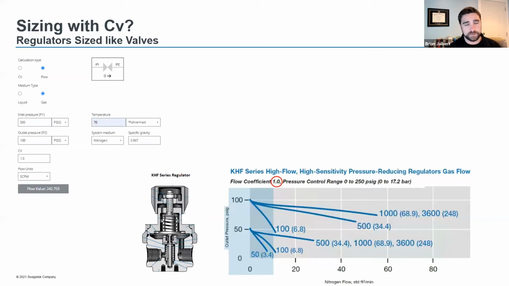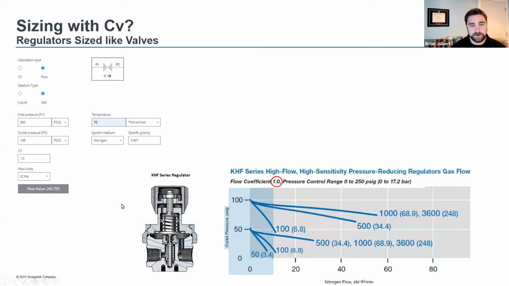But I'm going to show you what happens a lot of times: someone tries to use it to size a regulator. We're going to run through a little example where we've got a 500 PSI inlet pressure, a 100 PSI set pressure, at 70 degrees, nitrogen, just to keep things simple. And we're going to use a KHF series regulator, which has a 1.0 CV. So when you plug that into the calculator, you come out with a flow value of 240 plus or minus